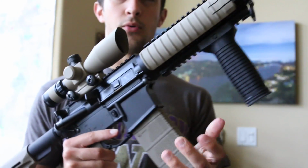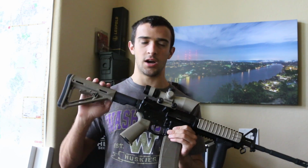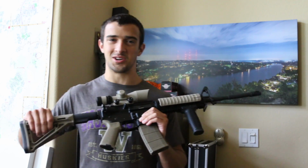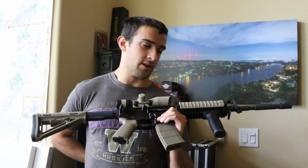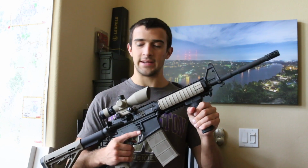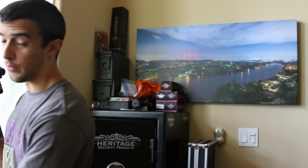But with that said, the point of this was to see if I could get it good enough to where I could get a black Magpul UVR stock and try to paint it Flat Dark Earth. And I think those UVR stocks are a little bit too expensive for me to mess it up and paint it a little too light, so I'll probably just keep my eye out on eBay until a Flat Dark Earth one pops up, so I don't have to mess with that. But anyway, I know this wasn't too conclusive of a video,